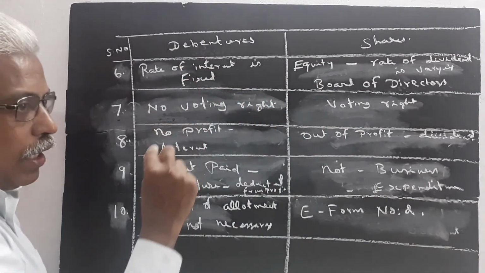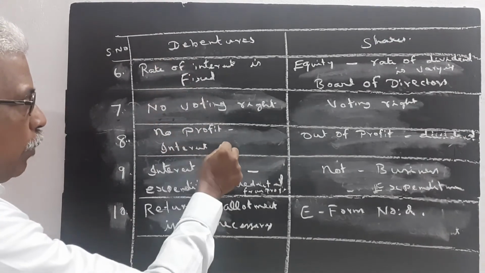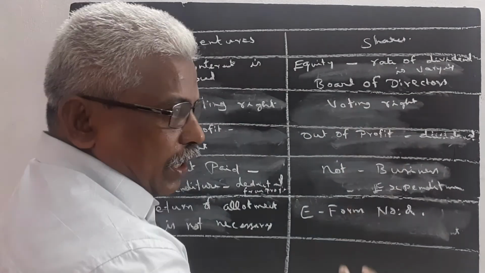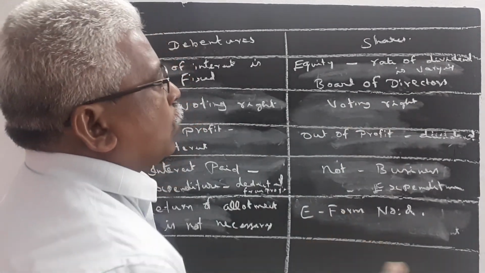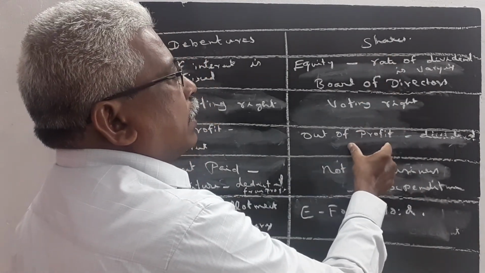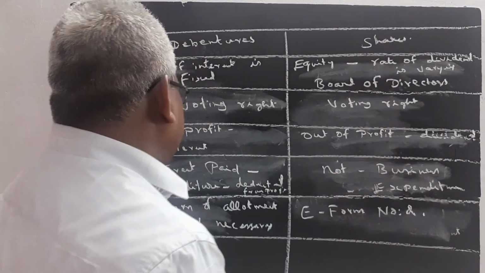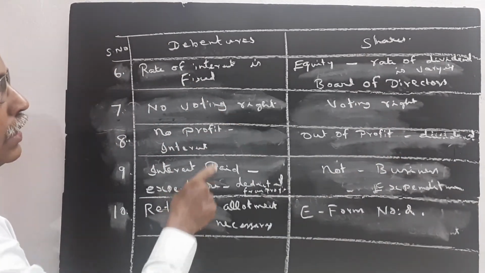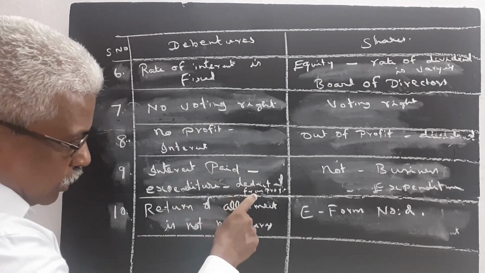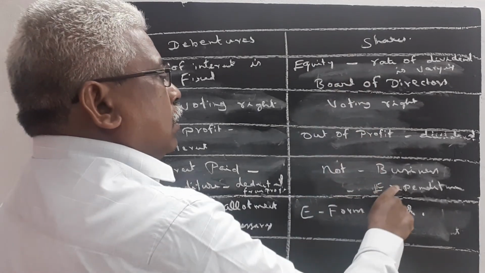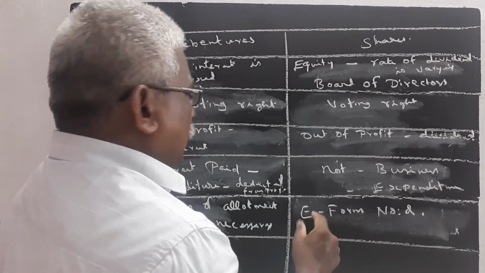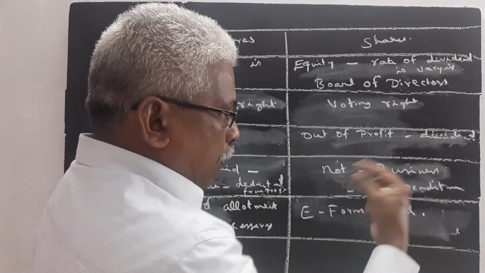If the company is not earning any profit, interest must be paid to all the debenture holders. But the shareholders are entitled to get the dividend only out of profit. If the company earns profit only, the dividend is given to the shareholders. Then interest paid is considered as an expenditure, so it is deducted from the profit. It is shown in the profit and loss account. But declaration of dividend is not considered as a business expenditure. It is not shown in the profit and loss account. It is shown in the profit and loss appropriation account.